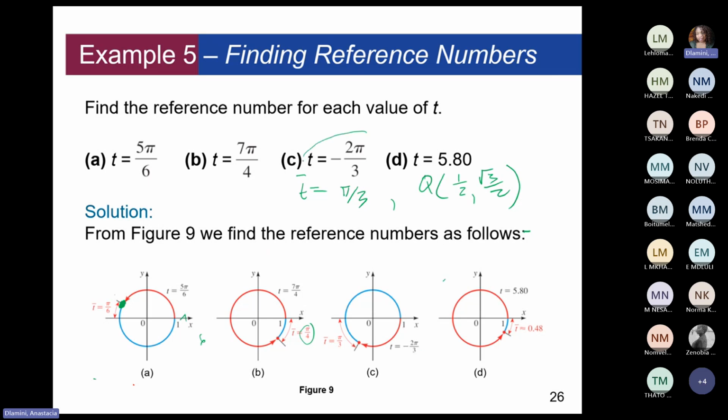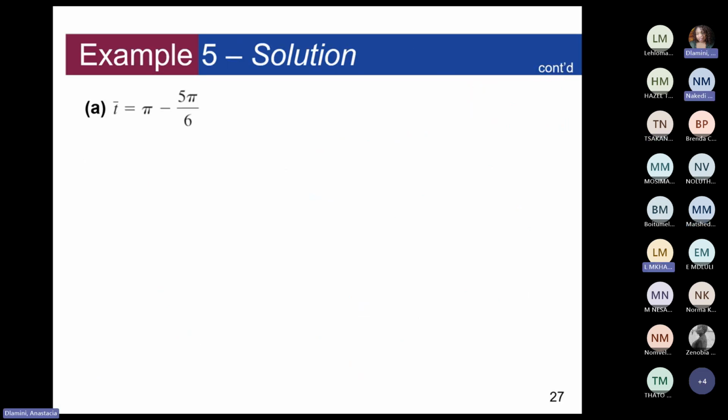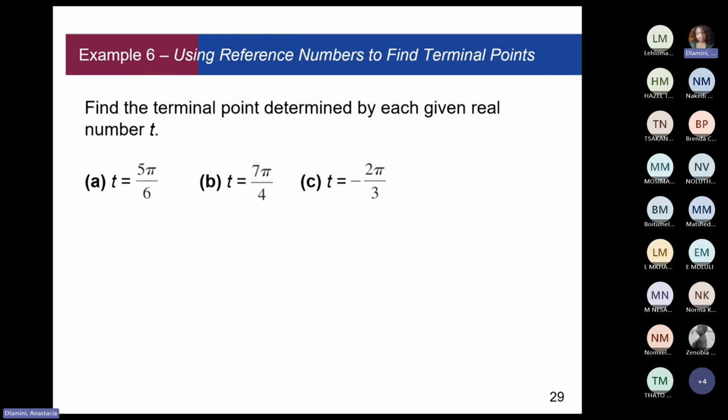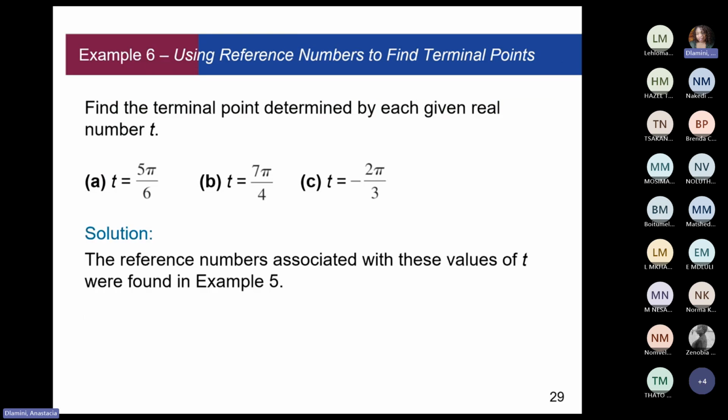Where does the point determined by this lie? So we go and check. It actually lies in the third quadrant. So this point is here, meaning that the x and the y are both negative. So the terminal point determined by this, we call it P, will be negative 1 over 2 and root of 3 over 2, which will also be negative. Are we all together there now? Yes, ma'am. So we have answered this question where it says find the terminal point determined by each